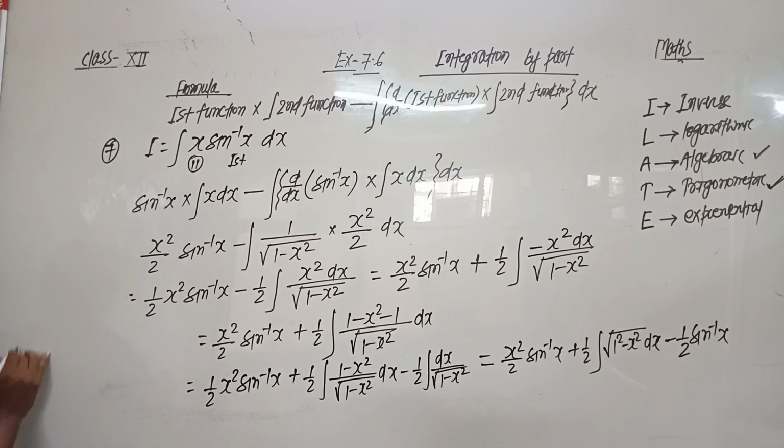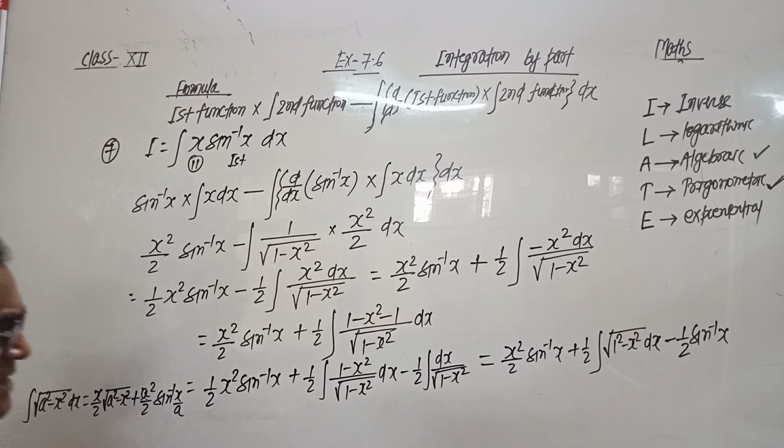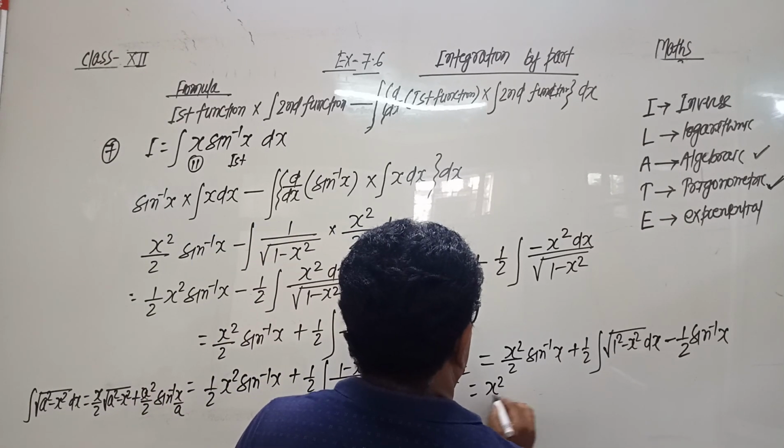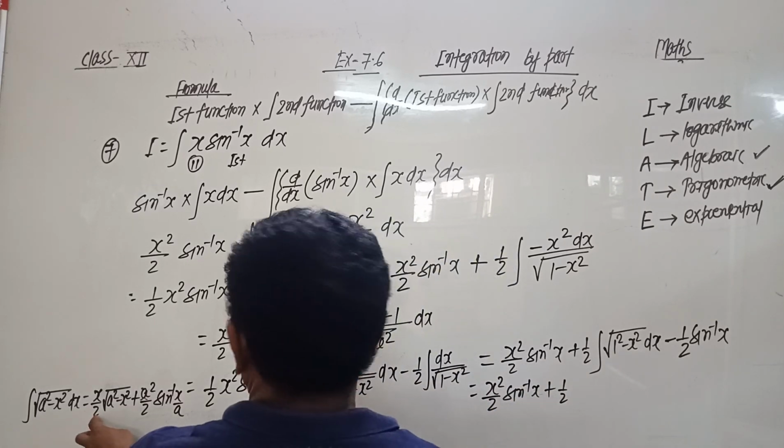The formula for integration of under root of a square minus x square dx is equal to x by 2 under root of a square minus x square plus a square by 2 sine inverse x by a. So x square by 2 sine inverse x plus 1 by 2, we use this formula, x by